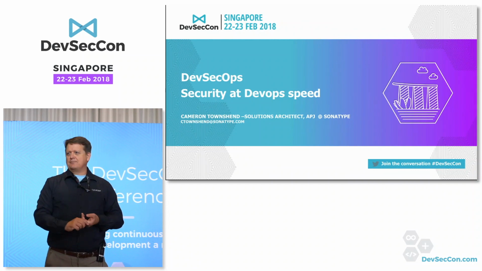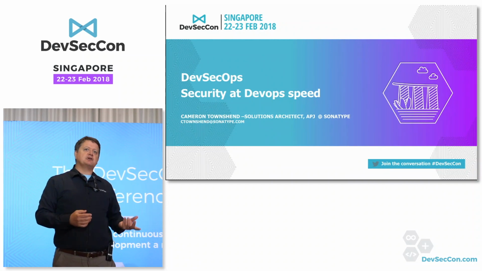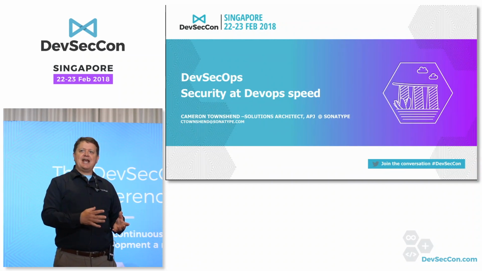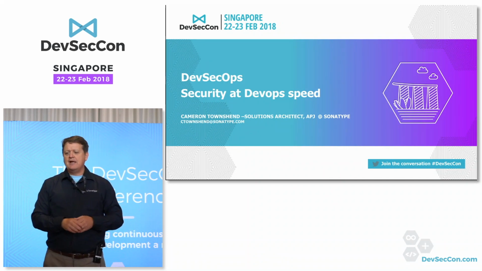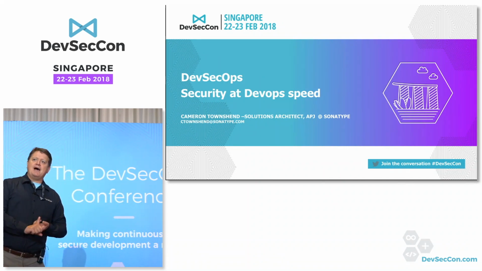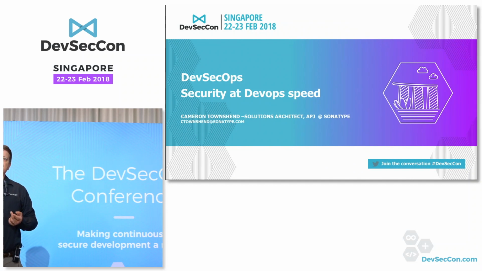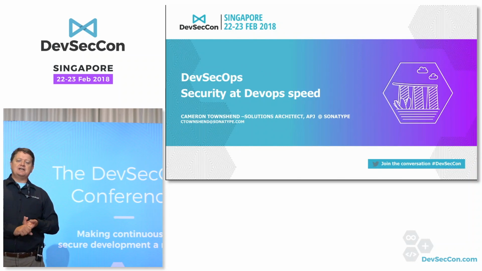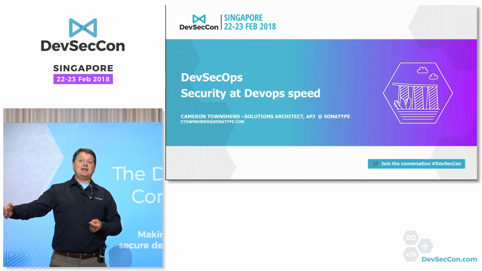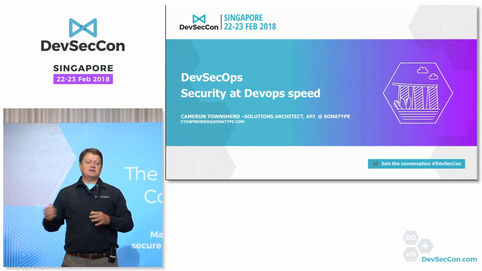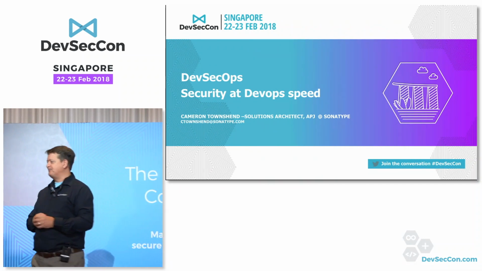What also makes this important is that in Singapore, the Monetary Authority of Singapore has stated that financial services institutions need to produce a bill of materials, a listing of the components they use in the applications they develop. This is because they don't want to be part of attacks that exploit open source frameworks. I'm going to show you how, as a hacker, we can find an open source framework on the internet, and then how you can protect against the exploit using some tools that I can show you.